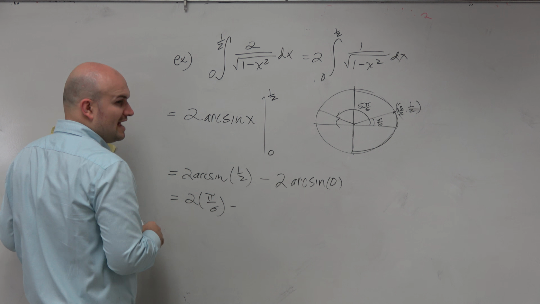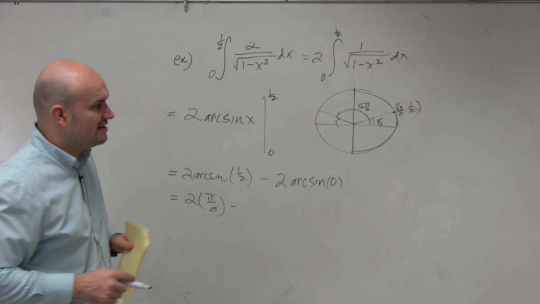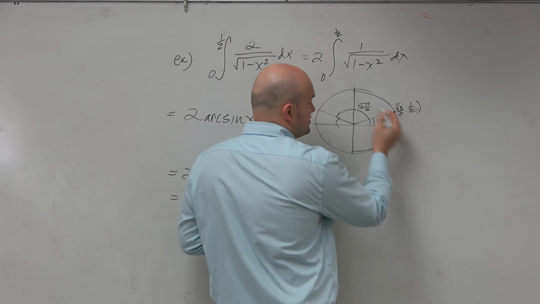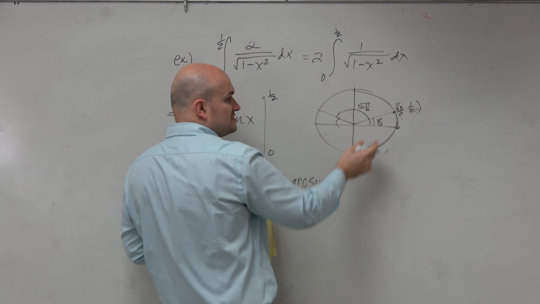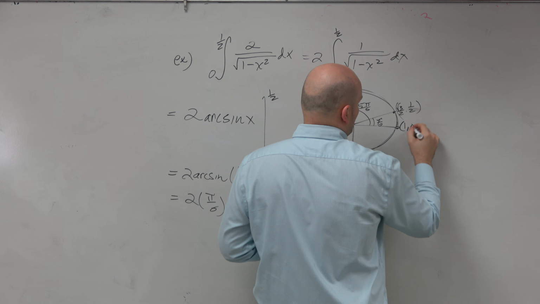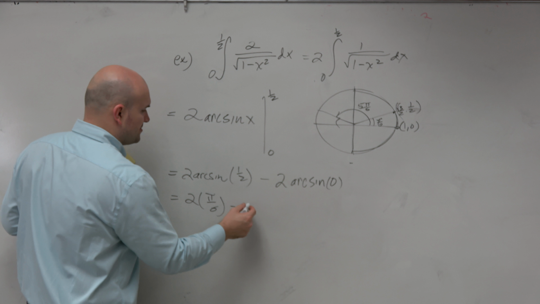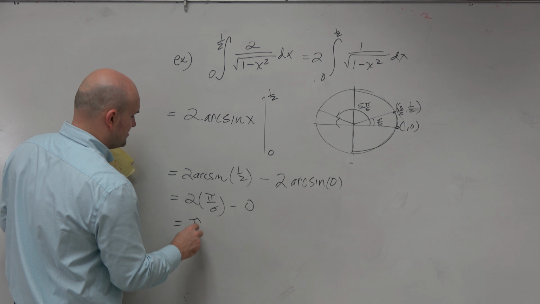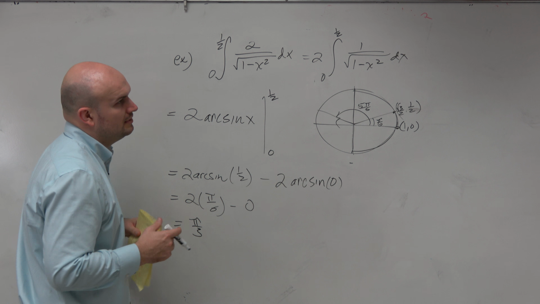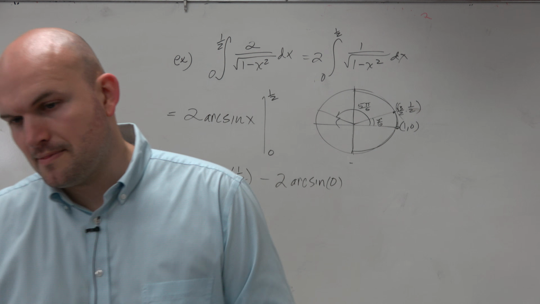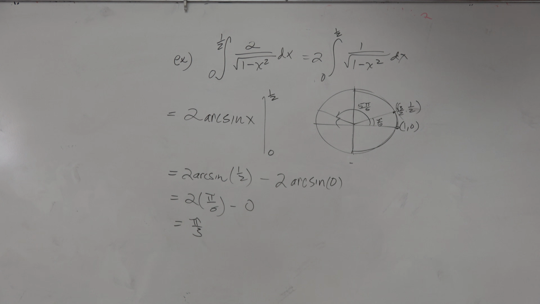And then the sine of what angle gives you 0 between this restriction, basically the first and the fourth quadrant? Well, the only time sine is equal to 0 is at the angle 0. So that's going to be minus 0. And therefore, we'll get pi over 3. OK? So the reason why we have these restrictions